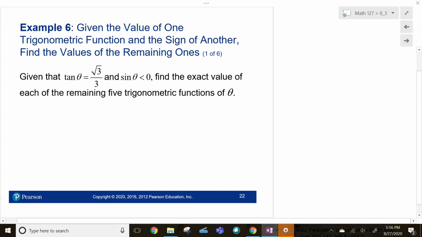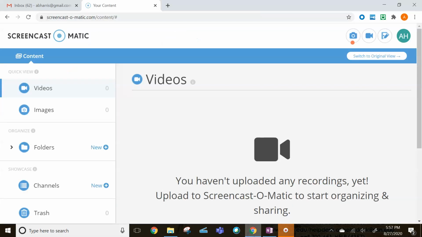Given that the tangent is square root of 3 over 3, and the sine is negative, find the exact value of each of the remaining trig functions. So let me think about this first, right? Okay, tangent's positive. Where is the tangent positive? Remember, tangent is